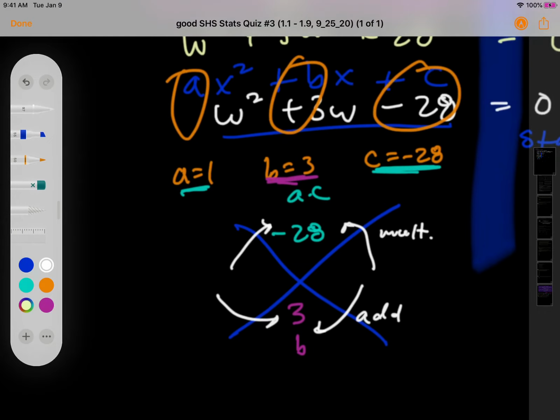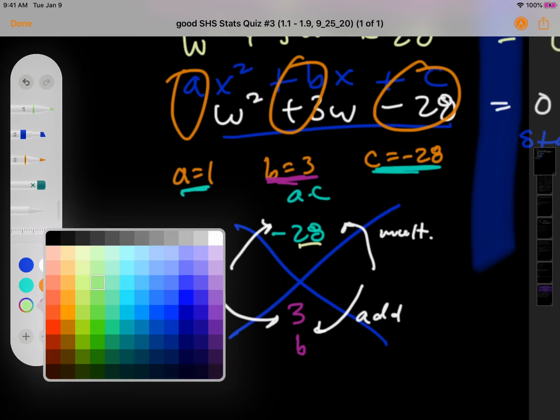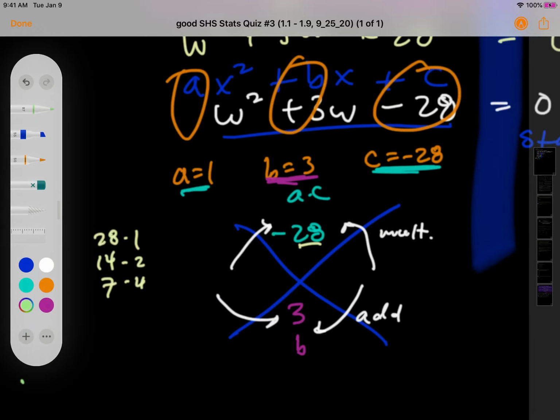Now if you get stuck here, you can do what I like to do, is you write out the possible factors of absolute value of 28. So watch, 28 times 1, 2 times 14, and 4 times 7. Can you predict what two numbers I'm going to use? That multiplies to be 28, but that does not subtract to be 3. This multiplies to be 28, but does not subtract to be 3. This one multiplies to be